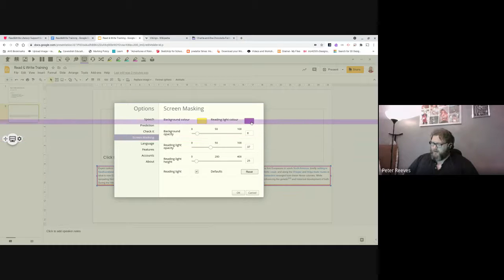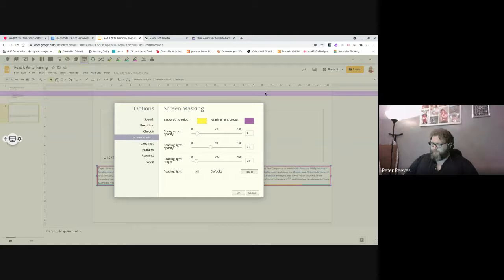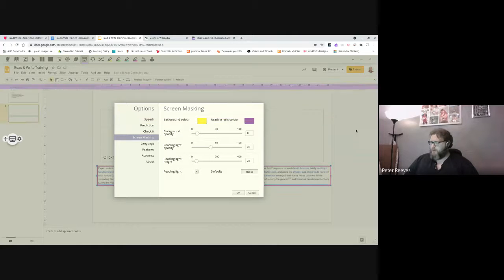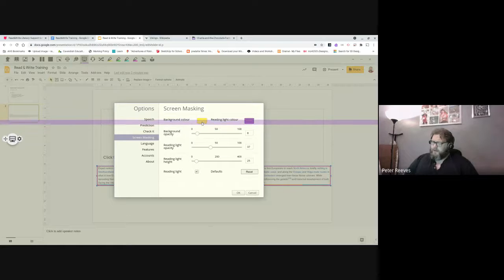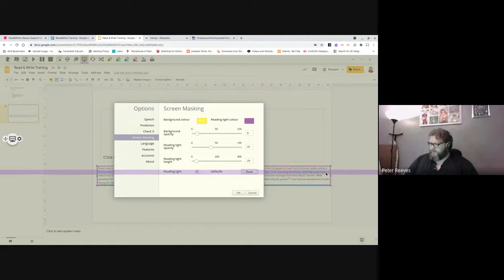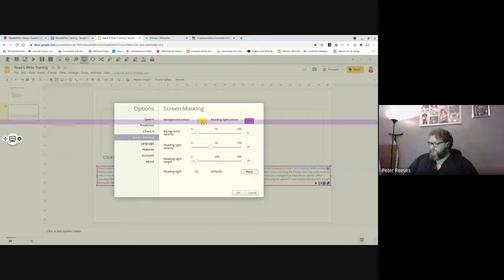So my reading color is this purple line with a background color of yellow. The purple actually helps me focus quite a lot. Whenever I use a pen, I try to use purple. And the yellow background is there just to tone the rest of it down. But you can set these to a number